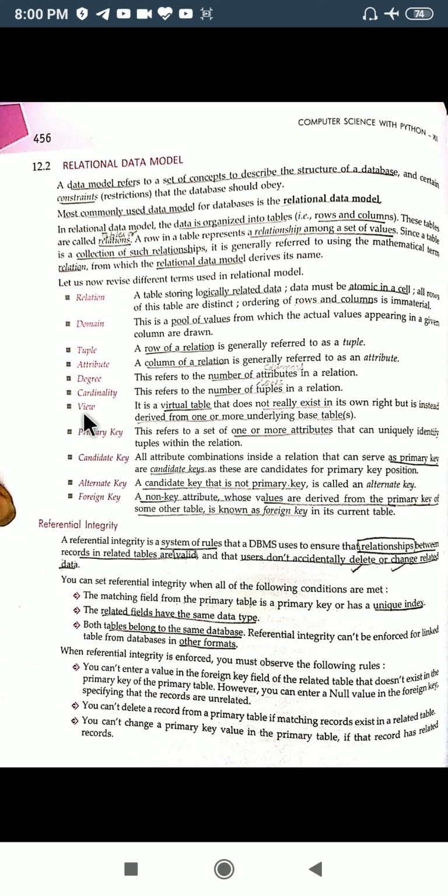What is a view? A view is a virtual table. Virtual means that it does not actually exist. Let us say I have made a table of your records in which I am storing your name, class, roll number, the marks you secured in the last class, your phone number, your father's phone number, and email ID.